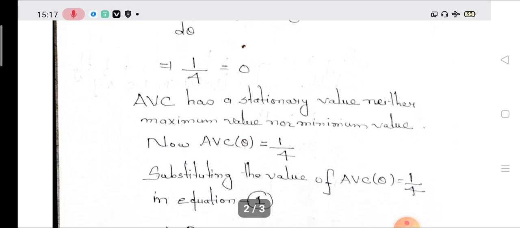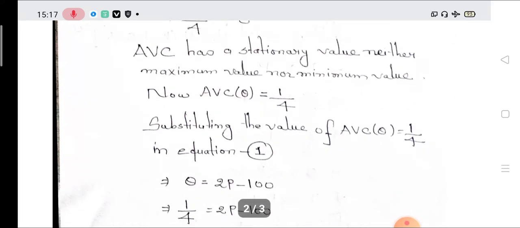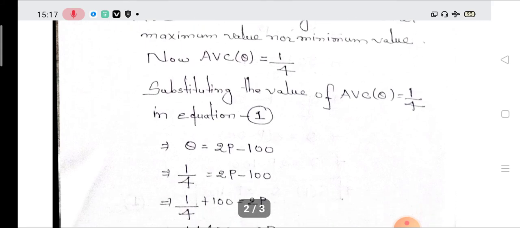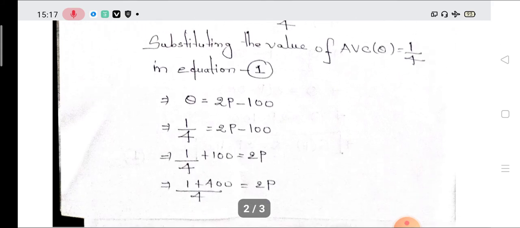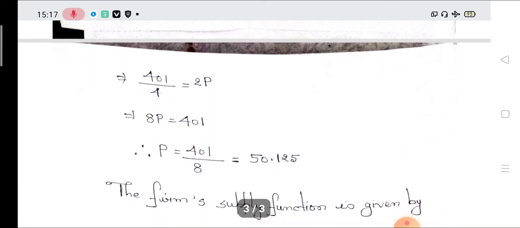Now AVC, which is a function of q, has minimum at q equal to 0, where AVC is 50. Hmm, substituting the value of AVC's slope q equal to 1/4 in equation number 1, q equal to 2P minus 100. Substituting the value we got for q equal to 1/4: 1/4 equal to 2P minus 100. Solving for P, we get P equal to